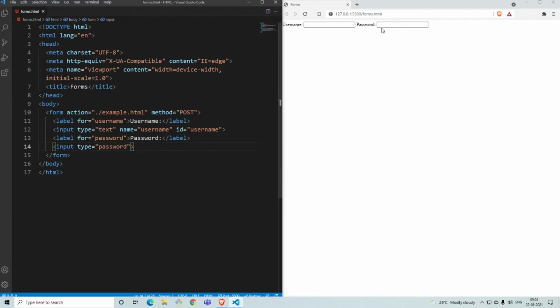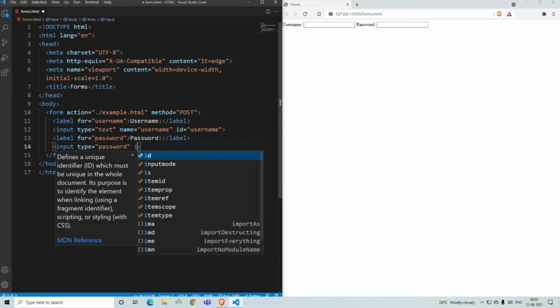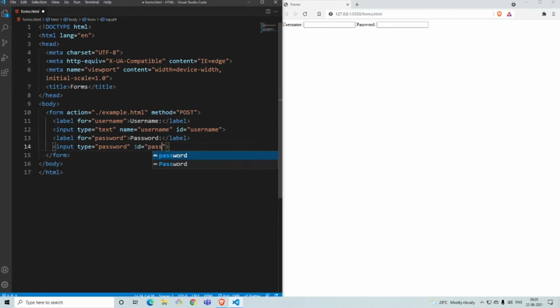If you save it and type something, it's not shown out here. So now we have said that the type is password. Now we have to say where it has to be stored. Like earlier we did name and ID. The ID is password, whatever is given out here as the for. That's the same thing that has to be the ID. So there should be no spelling errors between the for and the ID. They should be exactly the same.